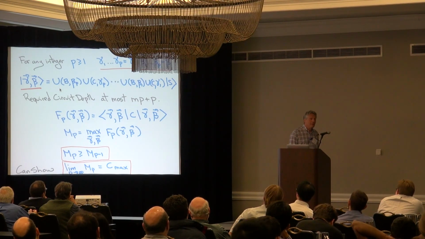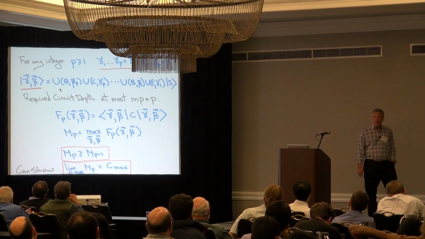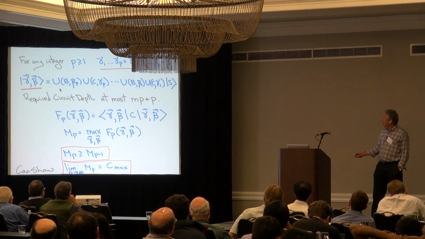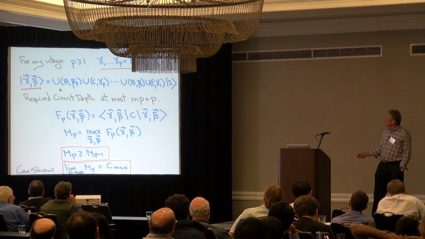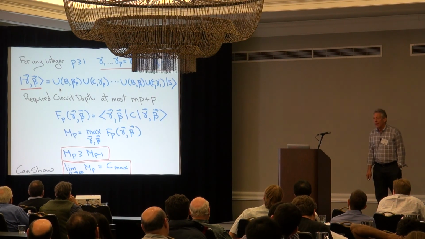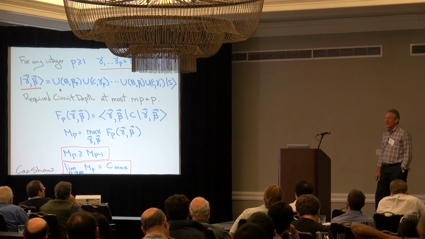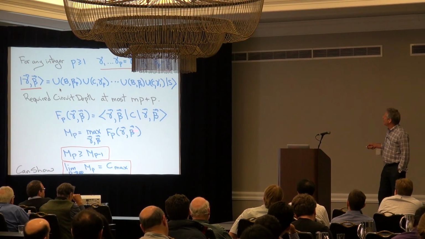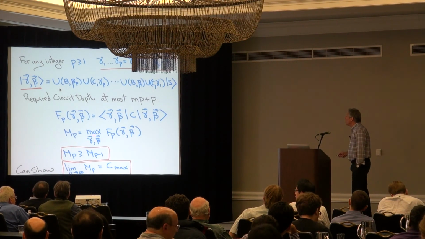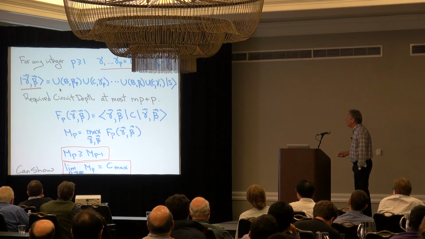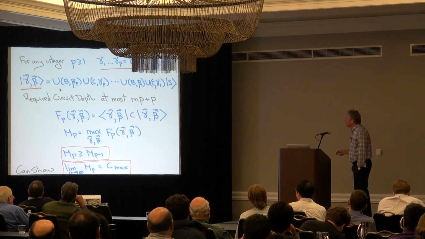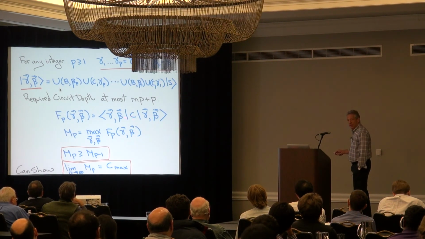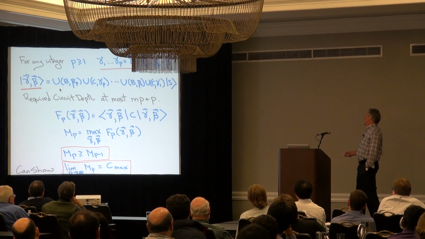Now, I would like to consider the quantum expectation of the cost function in the state gamma beta. So let's just consider this. If there are any questions, please ask. Okay, we're good? Now, I would like to consider an object which I call M sub p, which is the maximum over gamma and beta of F_p of gamma beta. C is the cost function, so you can see we want to make a quantum state that makes this big. So imagine, so let me